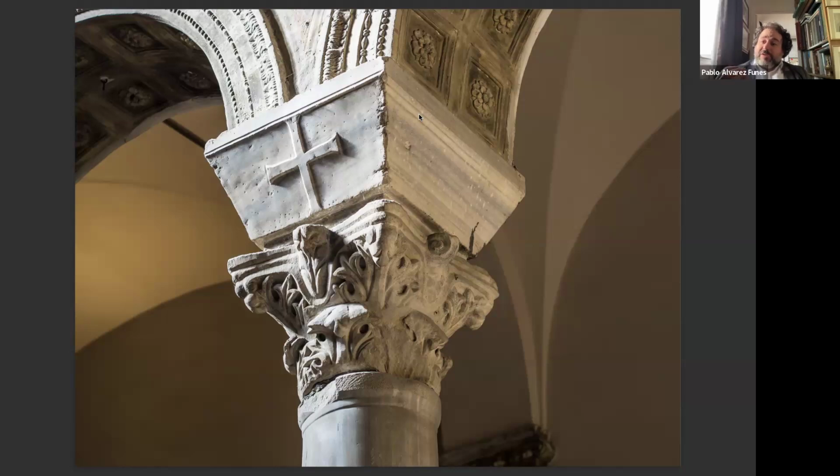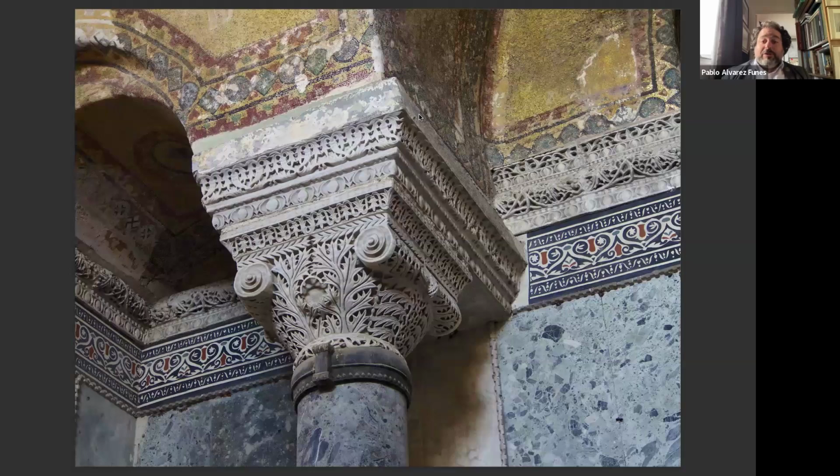The leaves start to get more and more deep. The leaves get deeper, and they start being carved in a process called trepanation rather than just mere carving. And this is a very good, beautiful early example of what you could call trepanation. We could call this a composite capital, and this is in Hagia Sophia, and this is 7th century, so it's